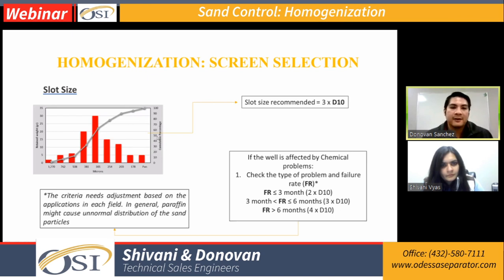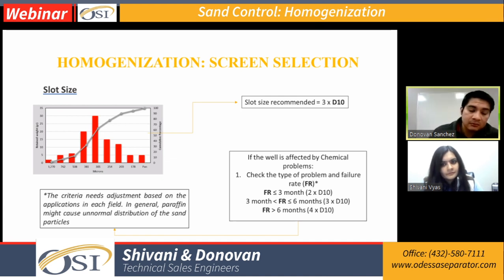If you see right here on the vertical axis, we have 30% right here. We go to the left and we'll see where this crosses the axis. So everything to the right of this will get filtered. As you see, we're filtering out everything smaller than 381 microns. Now, if we do have well conditions and a failure rate, this is where we can take a more